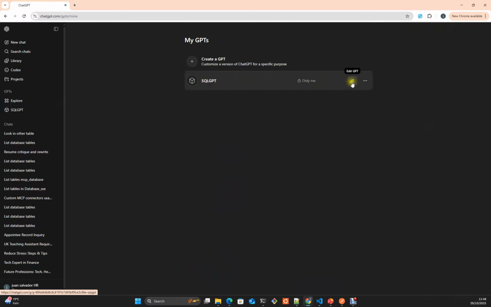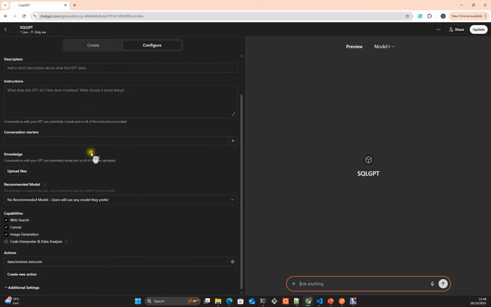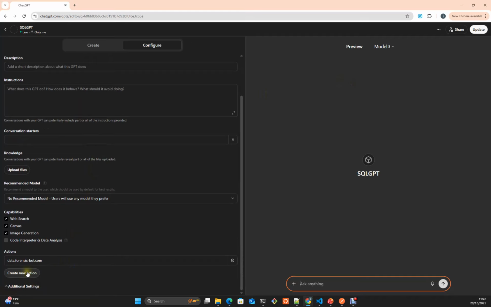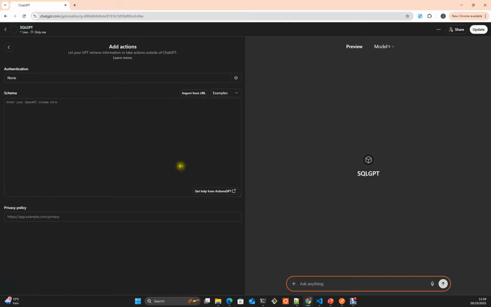And then when you have a GPT, you can set up what they call actions, create new actions, as you can see here. And these actions essentially are working via OpenAPI. It still is not supporting any other protocol.